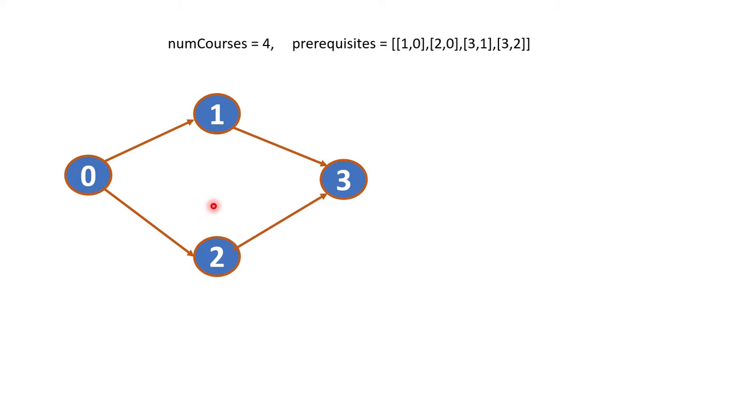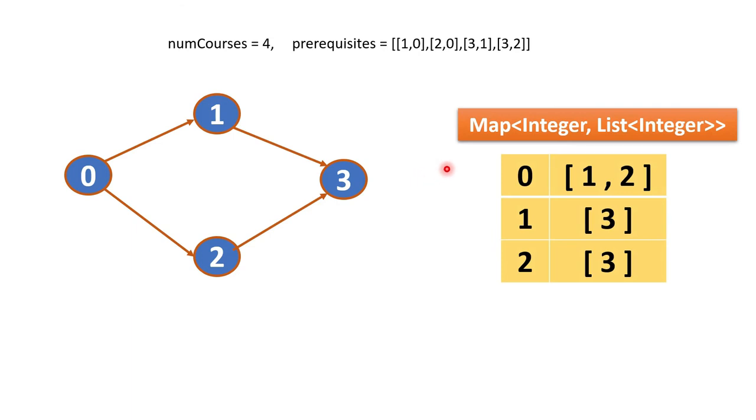Now as we get to know, this is a graph problem. So the first step of the program will be to define an adjacency list out of this graph, or out of the data which we got. So we have to create a map where the key will be of type integer and the value will be a list of integers. Why? Because 0 has adjacent nodes 1 and 2. So this is 1 and 2. 1 has neighbor 3. 2 has neighbor 3. So this is the first step we have to do.